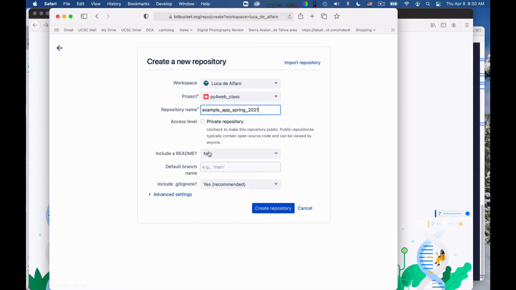Okay, I don't even want to include neither a readme nor a gitignore because I don't want any content in the repository. I want to write it directly from my new repository locally to the one on the cloud. Okay, I don't want to clone the one on the cloud first. So I create a new repository.